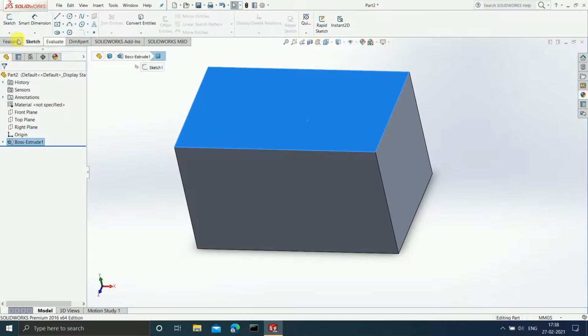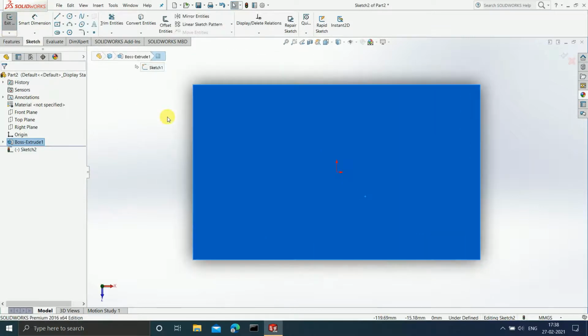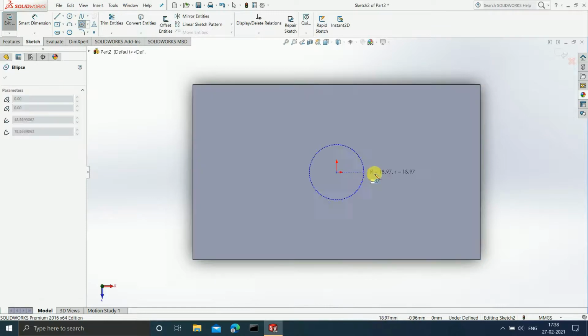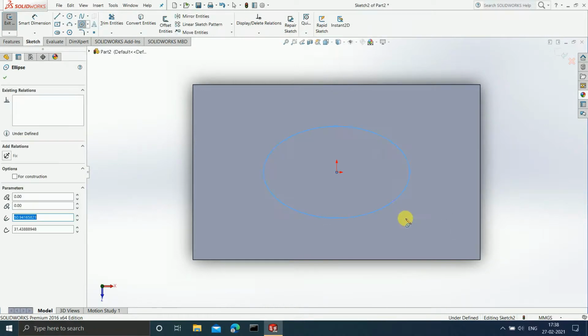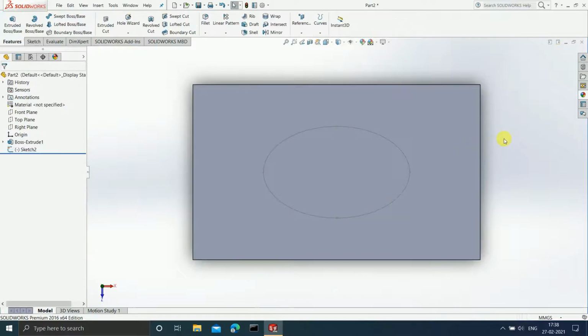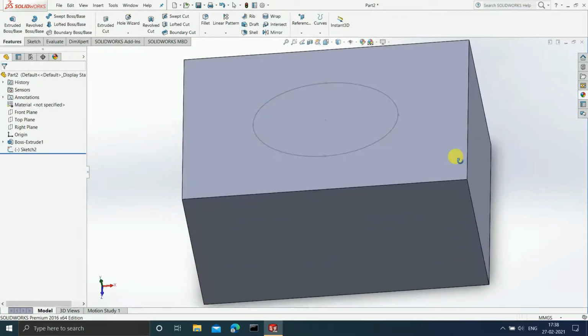Select this plane, go to sketch and click on sketch. Now press Ctrl 8 so that it becomes perpendicular to our line of vision. Okay. Now once this is done, let us draw a sketch. Let us draw an ellipse, starting from the center point origin. Okay. So this is the ellipse that I am going to draw. Then once this is done, I will exit the sketch. I am not giving any dimensions to it as it is not required currently. Our main focus is to understand the lofted cut feature.